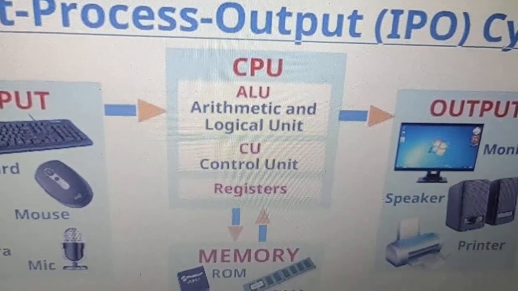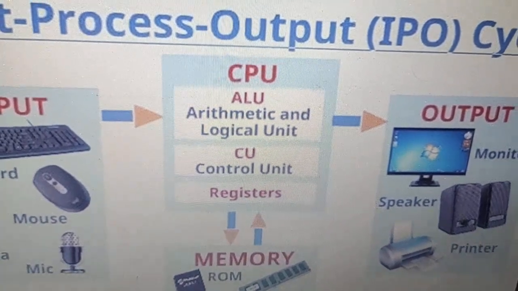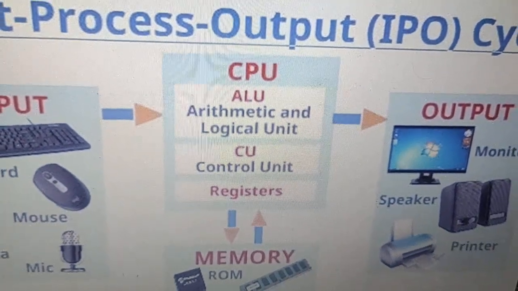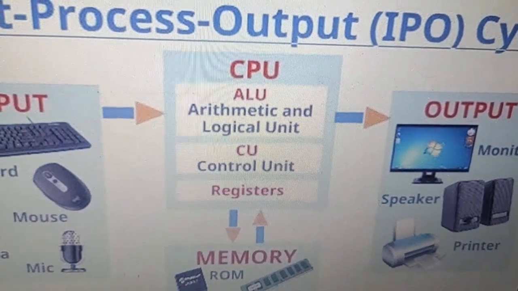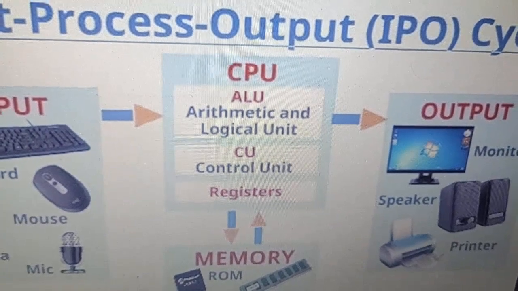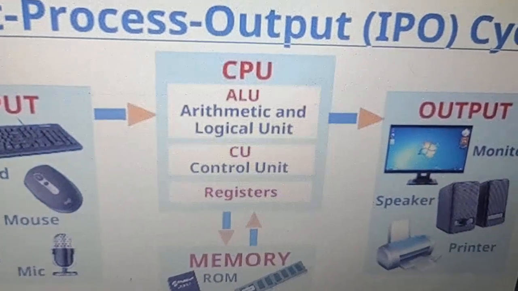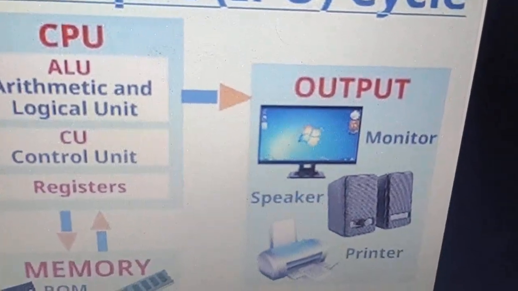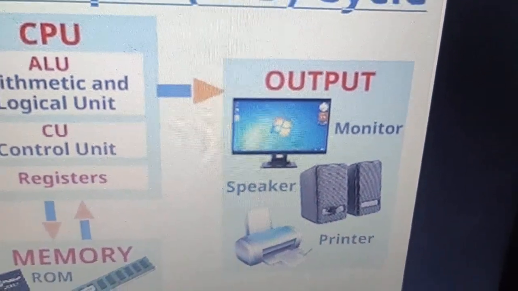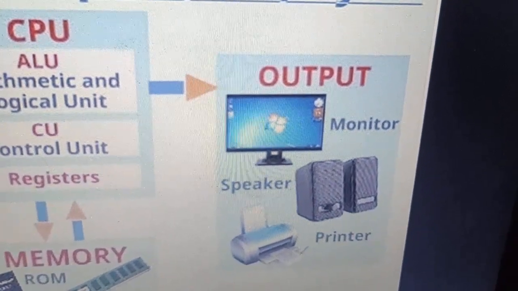CPU is the brain of the computer which performs each and every function in the computer, which helps the computer to do any type of work and perform all the arithmetic and logical functions. So with the help of CPU, the computer does the processing, and using what does the computer show us the result? Computer gives us the result in the form of output, and we get output using a device, that is the monitor. You can get the picture using the monitor.